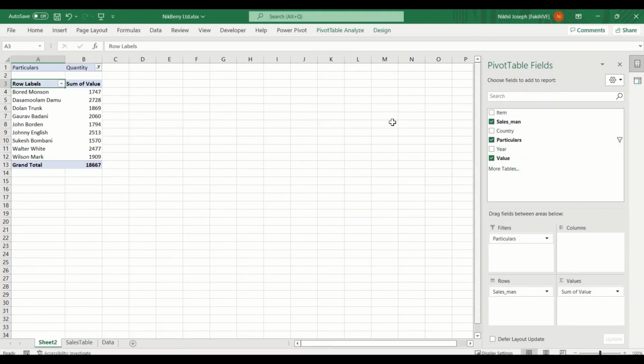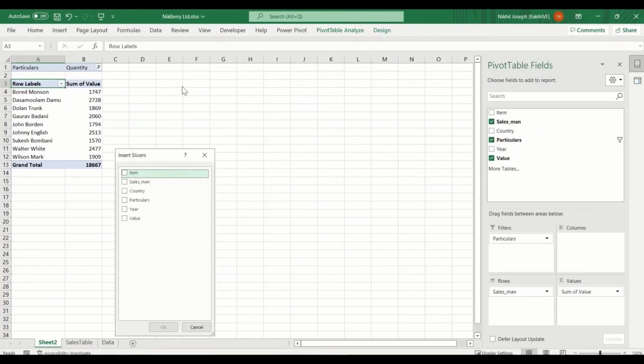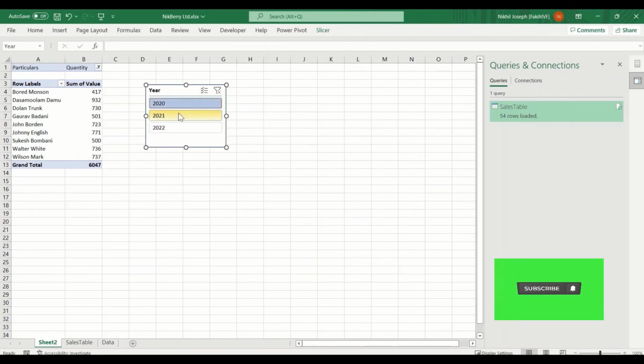For that go to pivot table analyze and insert slicer. You can just select the year and click OK. That will create a slicer for you. So easy, right? It was looking very difficult at first, but now it looks so easy. You can select on this